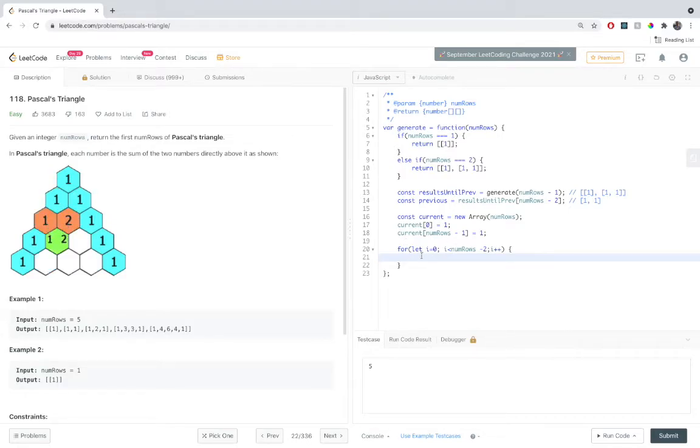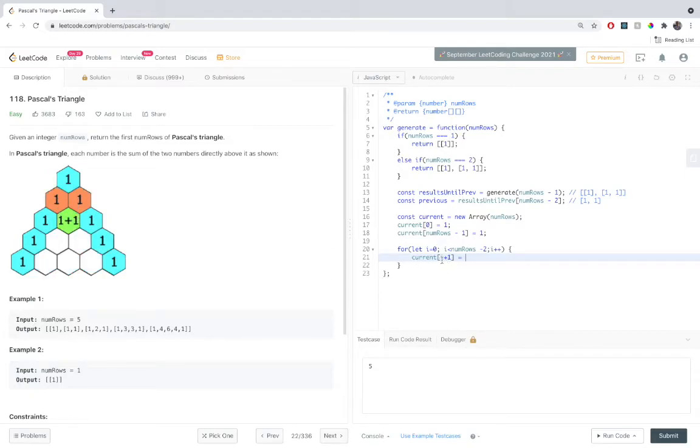Okay. So in this case, how do we compute the value? We have to start computation from current of index 1, because current of 0 we know it's already 1. But our iterator starts with 0. So let's do 1 plus i, or i plus 1. That way it is starting from 1 and it is going up until n minus 2, which is where we want it to go.